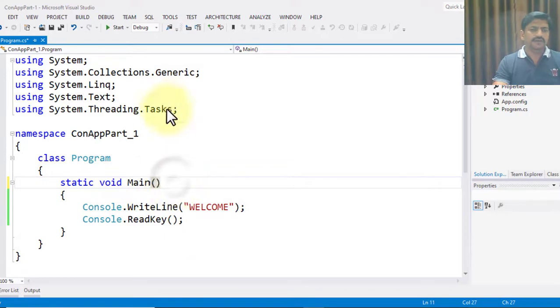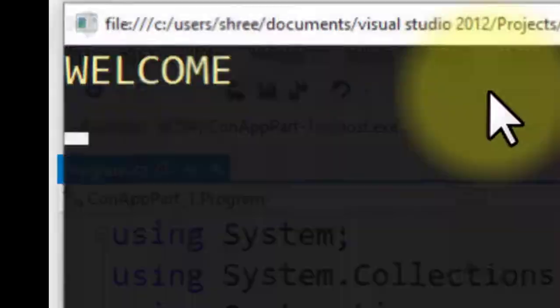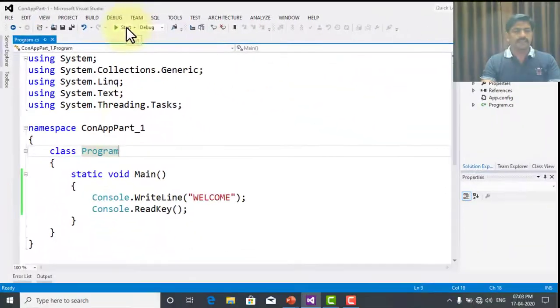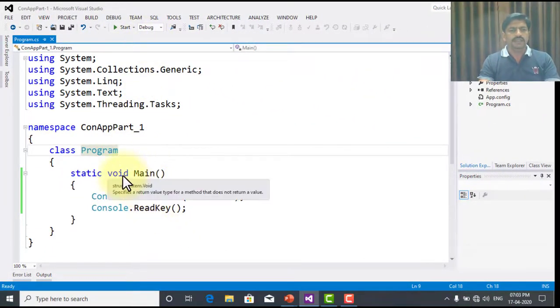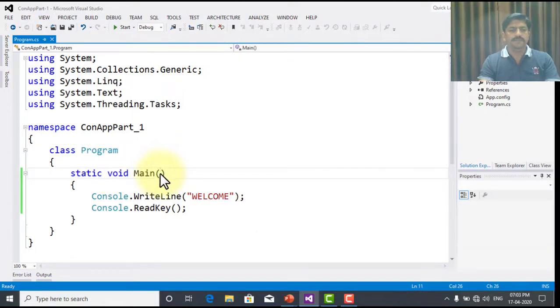This is the first version of the Main. It will display the welcome note. That means it does not return any value to the calling process, and it does not accept any parameter from the calling process. So this is the first version of the Main.